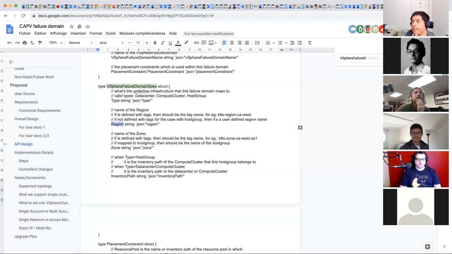Yeah, so I think the idea we discussed last week, mostly Ben's idea, is that it might be a function of VM Operator, which would continuously reconcile with vCenter.